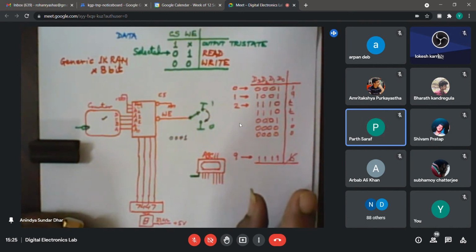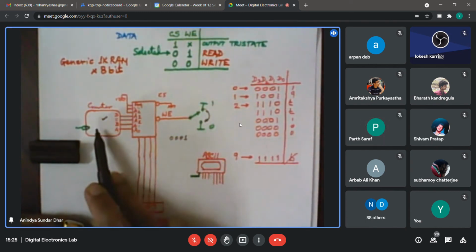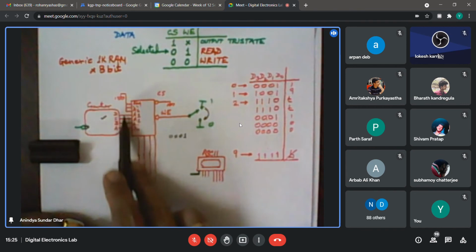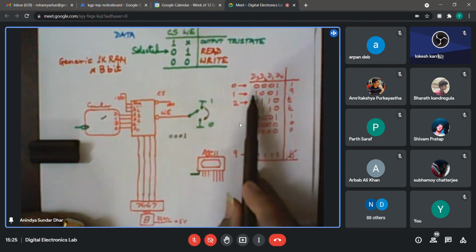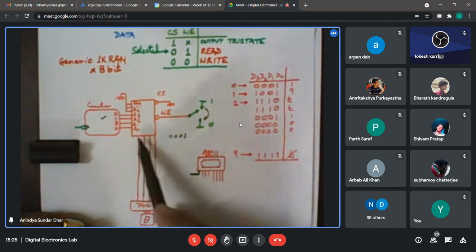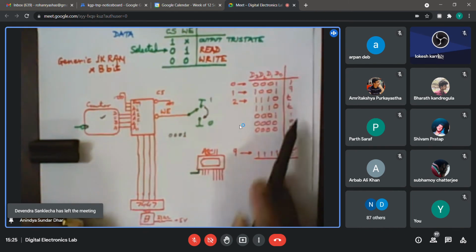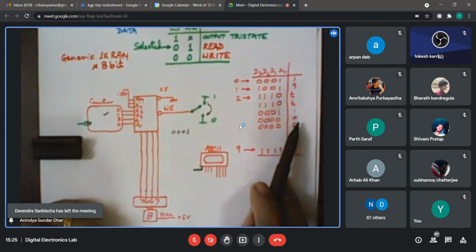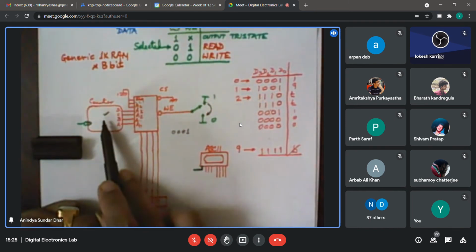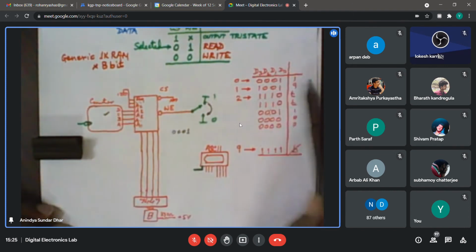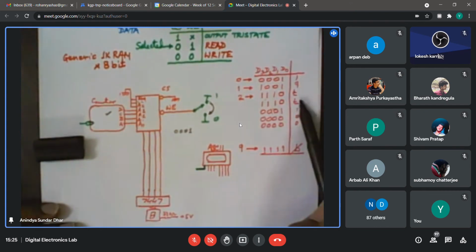Right. And then if I give an independent clock, like from your pulsar, which you used to give, it will go through all these locations, and whatever the 4-bit code is, it will output on the data bus one by one, so that your 7447 will send the corresponding code to the 7-segment display. Your roll number will be displayed in sequence. Counter will be reset after 9 because it is a decade counter, or you have made an arrangement for resetting. After the blank, it will once again go to 19, whatever your roll number is.